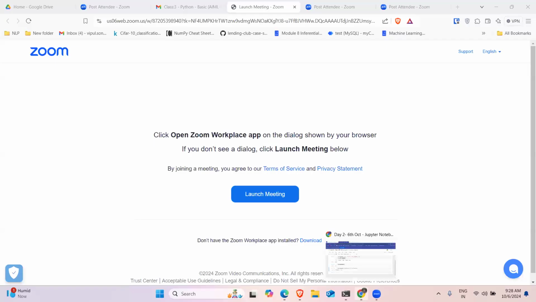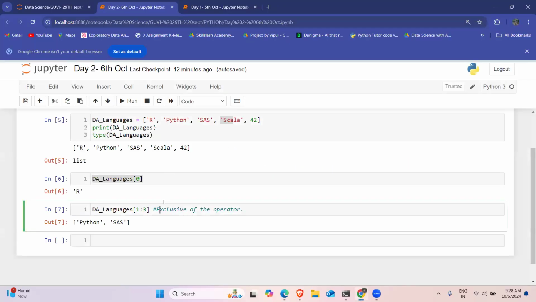All right. So what we were discussing is we just have started with the list, and in that we have discussed the indexing part, which we already have discussed in the last session, right? Now we'll see some of the functionalities in the list which are already available. We'll see